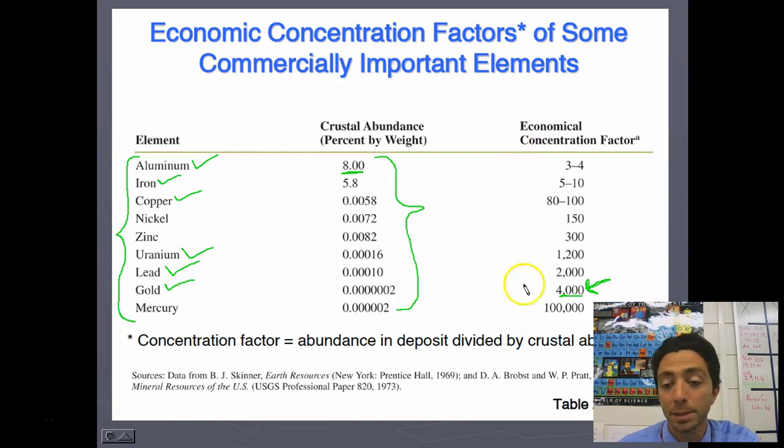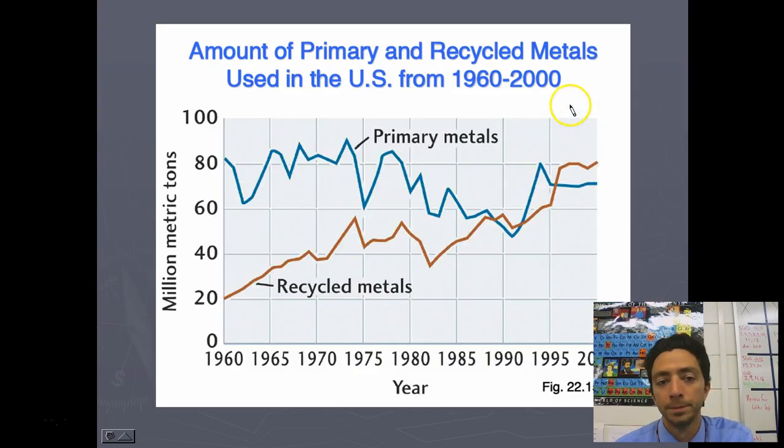And so the deposit's important to note, because the higher the concentration, the easier or the more viable mining that mineral might be. Something like aluminum, the deposits of aluminum are not really that rich in aluminum, and so there's not like really critical areas to go mine for aluminum. Whereas gold, it's such a high concentration factor here, they build up in one specific spot. You can have a very viable gold mine in one location, and if you went 2 miles down the road, you may find absolutely no gold at all in the soil.